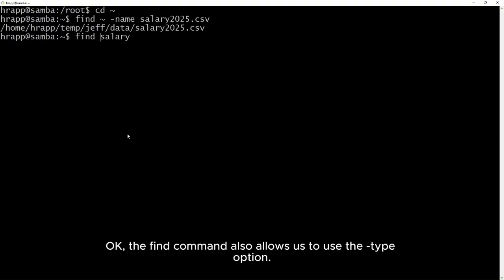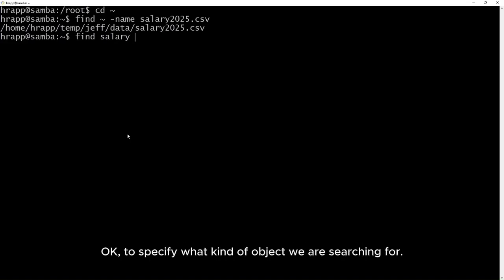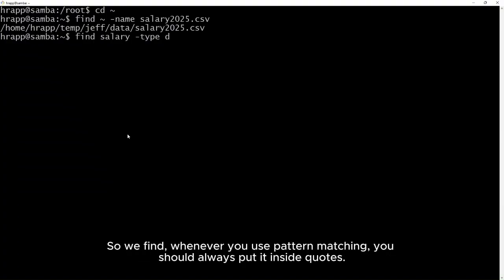allows us to use the type option, okay, to specify what kind of object we are searching for. If we use d, then find will only search for directories. So with find,